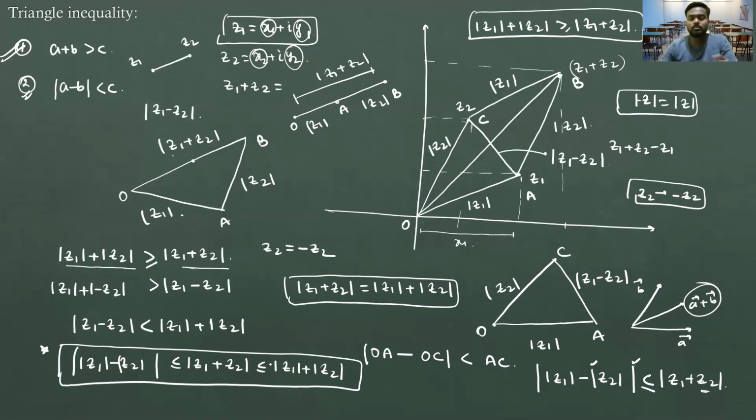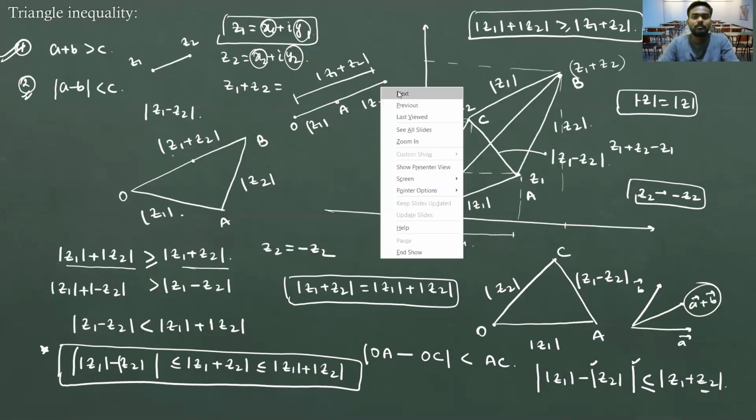So this you need to keep in mind. You observe properly here. Modulus of z1 plus z2 is basically less than or equal to modulus of z1 plus modulus of z2, and here we have taken the difference, and this modulus is basically used so that we get only a positive value, right? Okay, now the question they will be asking is something like this.